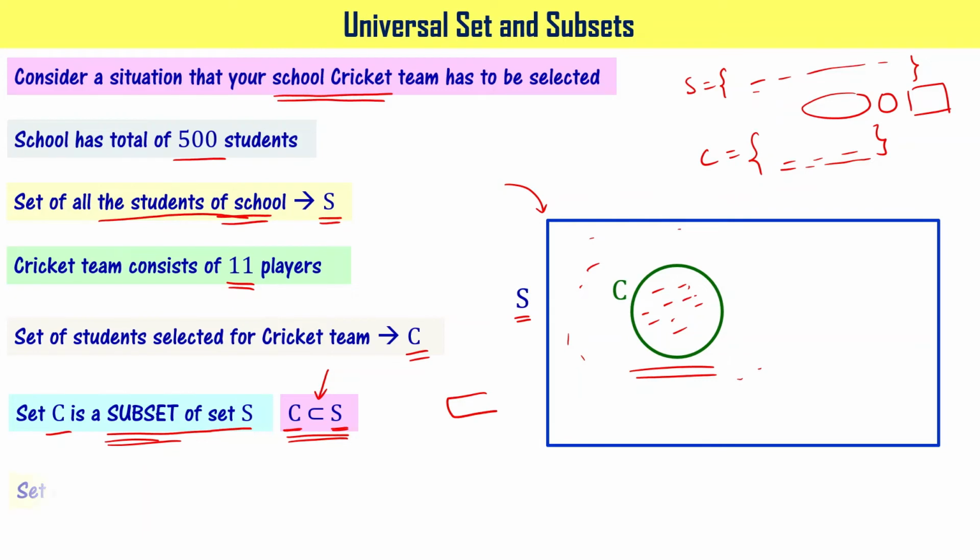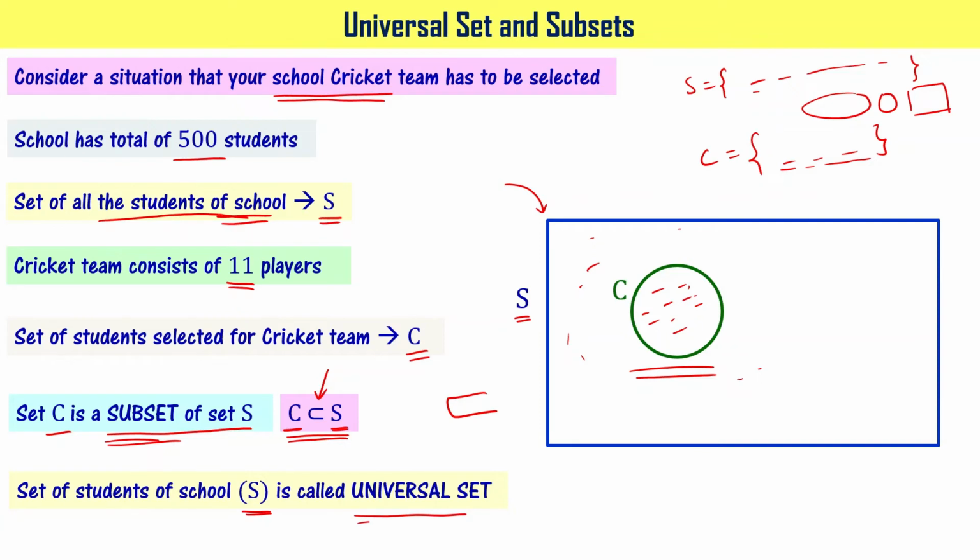And the set of students, here in this particular case S is used to represent the set of students in the school, that is called the universal set, because we are not going to have any more. We have 500 students. Beyond that, we are not going to worry about it for this particular problem. That's why this is called the universal set. Set S is called the universal set, and typically the universal set is represented using the Greek symbol mu. Instead of writing S, I can write it as mu also. Understood? What is universal set and what is subset?